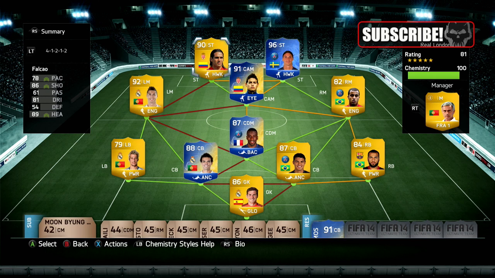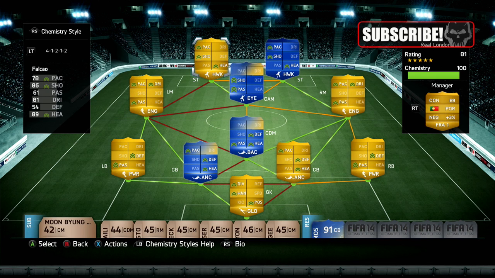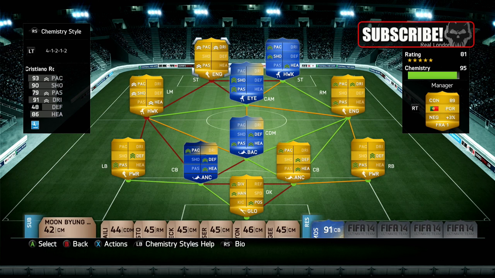So this is my theory. Ronaldo has pace, dribbling and passing with his chevrons, right? Which means the shooting, defending and heading cannot possibly be negatively affected because they don't have chemistry style. So if he has 2 chemistry like this, where he gets none of the chevrons filled in, do the abilities that he loses only get lost with the chemistry styles that are put on his card? So does he only lose pace, dribbling and passing abilities here because he already doesn't have chevrons on shooting, defending